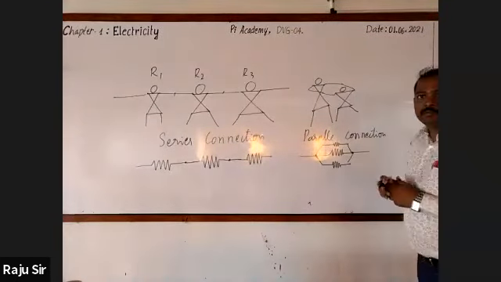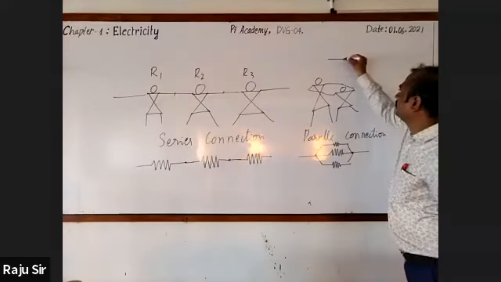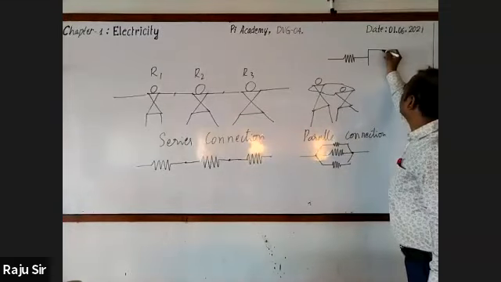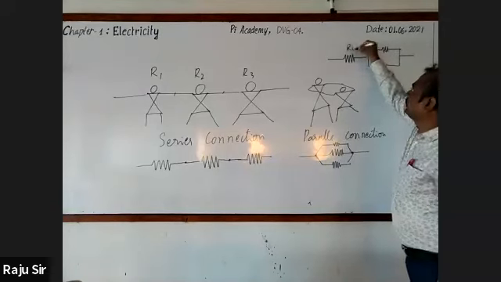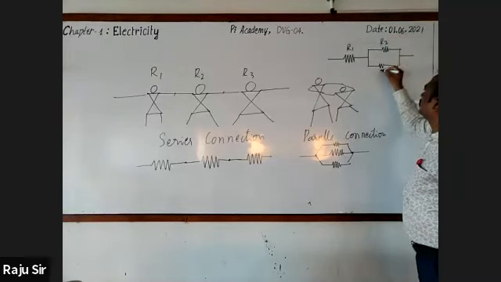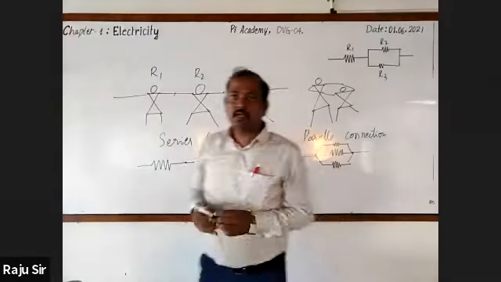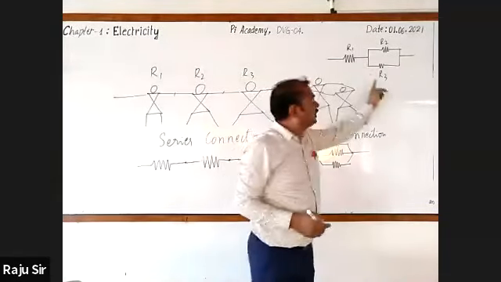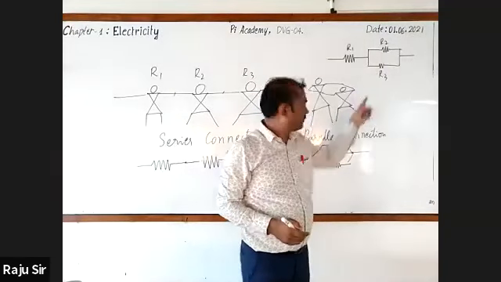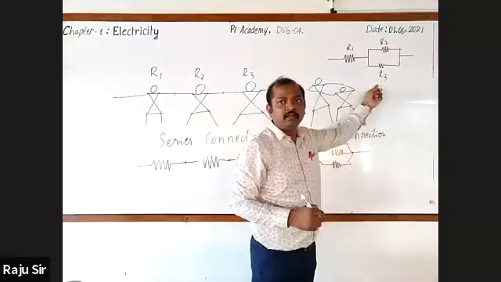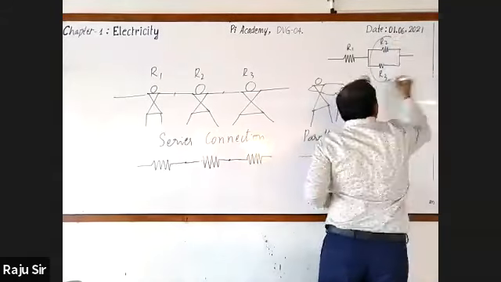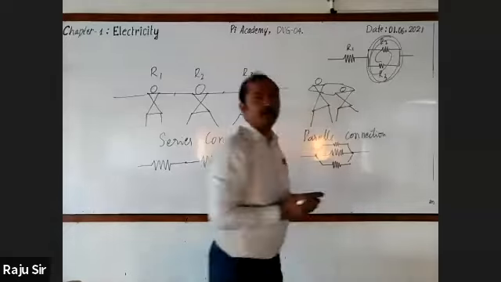Then let me show you one more. Okay. Here, one resistor. Now, here I'll take two more resistors. Total 3 resistors. I name them R1, R2, and R3. You can notice that R2 and R3 are connected in parallel, right? Is it not? Sir, R2 and R3 are in parallel. These two together are connected with R1. How?